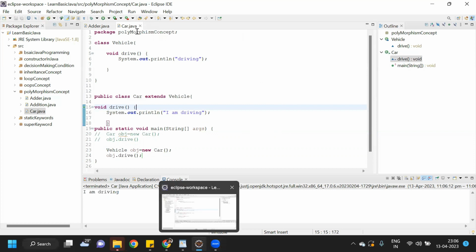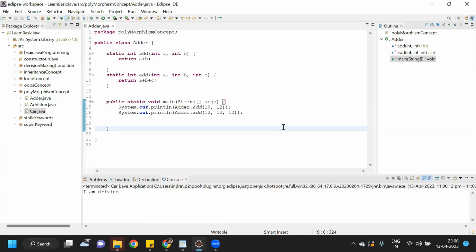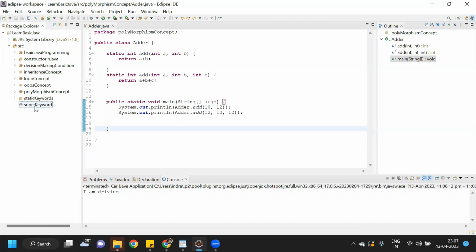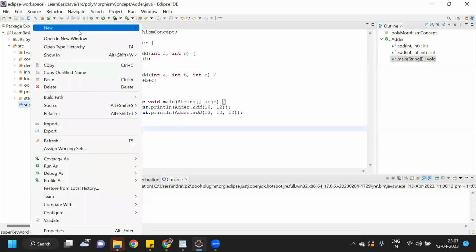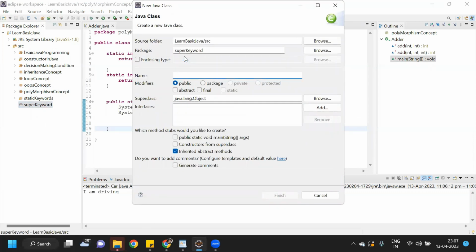Now we have one more concept, that is called the super keyword. So the super keyword basically refers to the immediate parent class data member. So let me create one program so that you will understand a little bit better. We already have this package, super keyword package. Now I'm going to create one class for this super keyword. So suppose that I'm going to create a class with the name of animal,